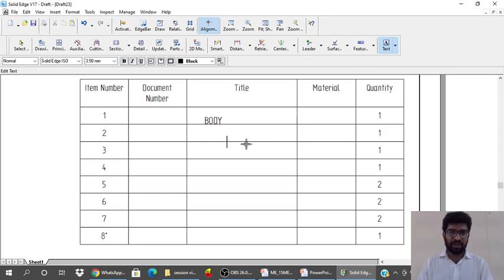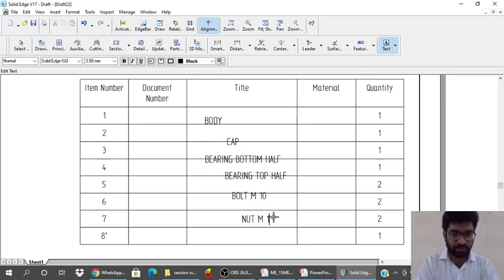In the same way, second is cap, third part is bearing bottom half, fourth part is bearing top half, fifth part is bolt M10, sixth part is nut M10, seventh part is lock nut M10, eighth part is shaft.